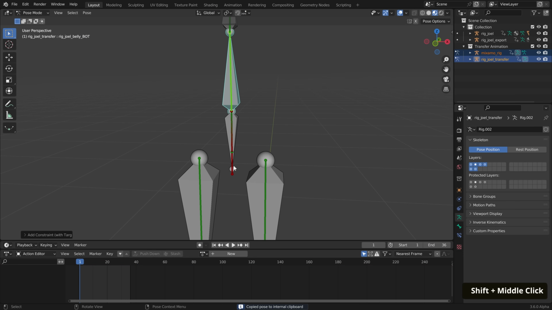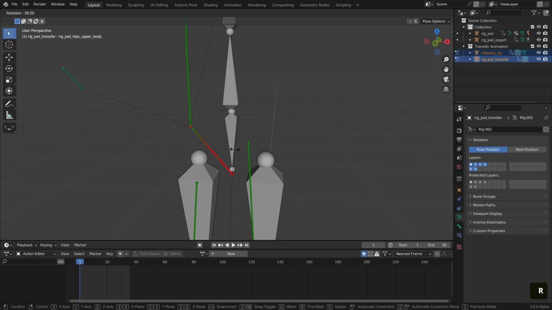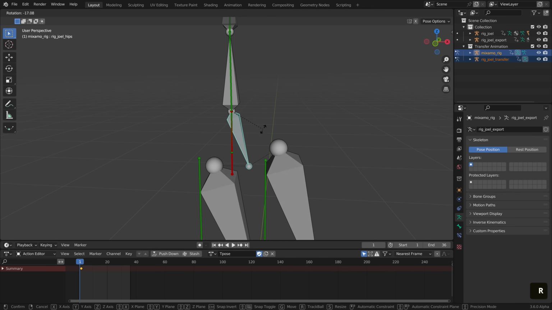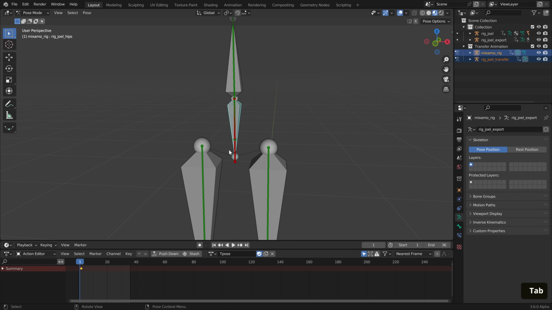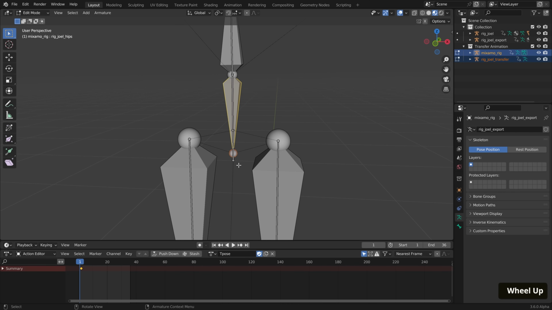Now here for the hip, we have an interesting case as our bones are inverted. So what do we do here? In this case, what I want to do is make sure that these bones are the exact same length. So let's go into edit mode for our Mixamo rig. And what I want to do over here is to set the tailbone of our Mixamo rig to the head